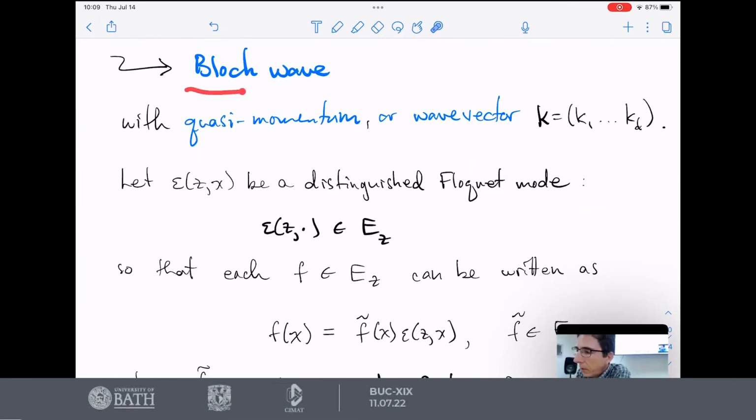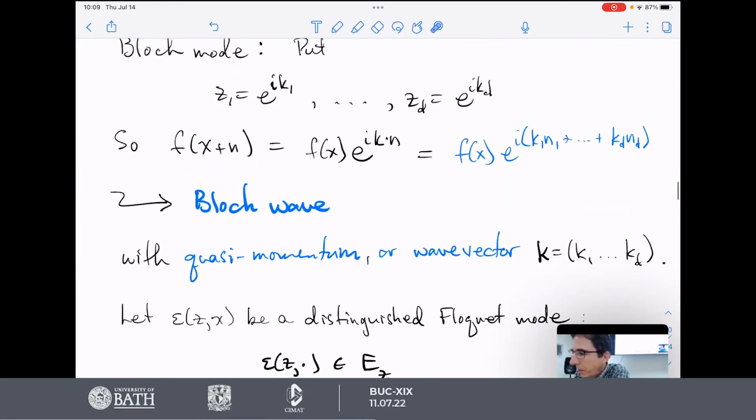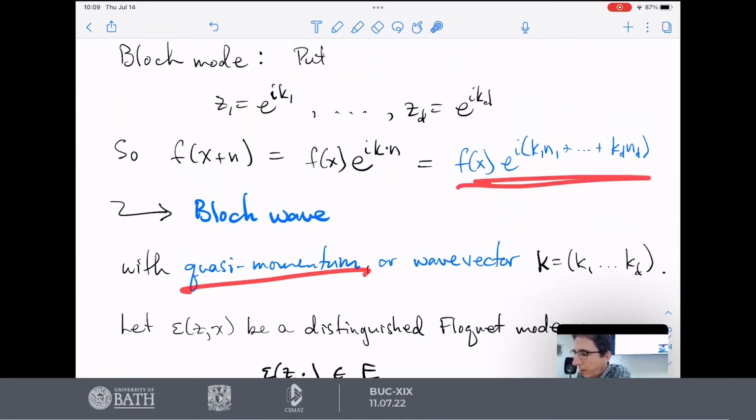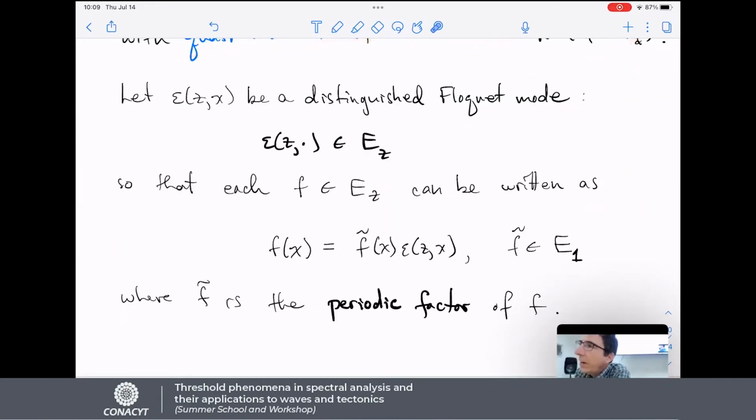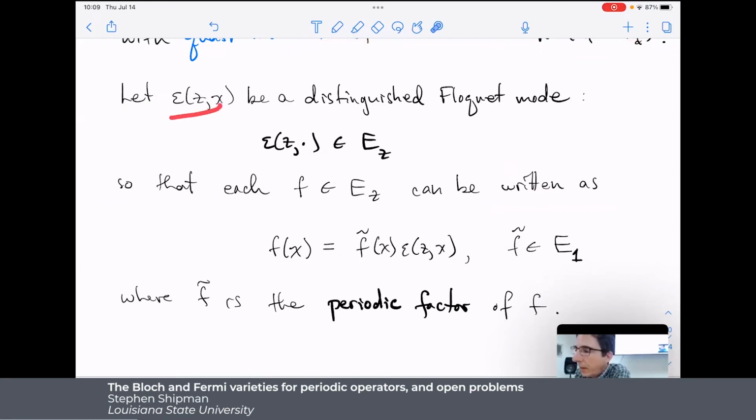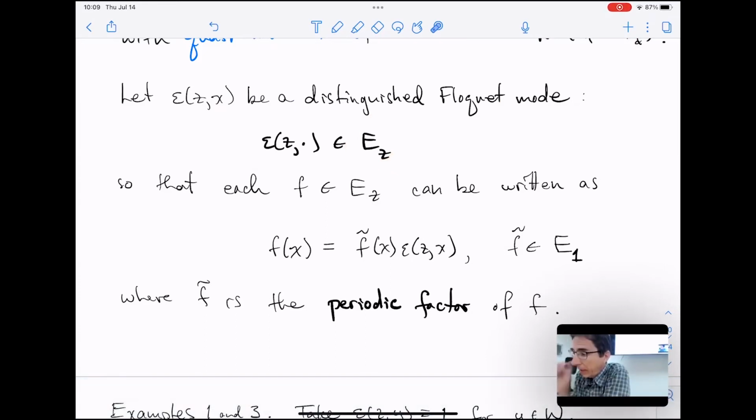Anyway, so now we have these things called Bloch waves. That's what this is. That's a Bloch wave with a quasi-momentum or wave vector equal to this k. Now, it's convenient sometimes, when you can, to try to find a distinguished element of E_Z that you can use for what we call a gauge transformation. What you do is you can take any pseudoperiodic function, pseudoperiodic with Floquet multiplier z, so inside of E_Z. So if this f is inside of E_Z,